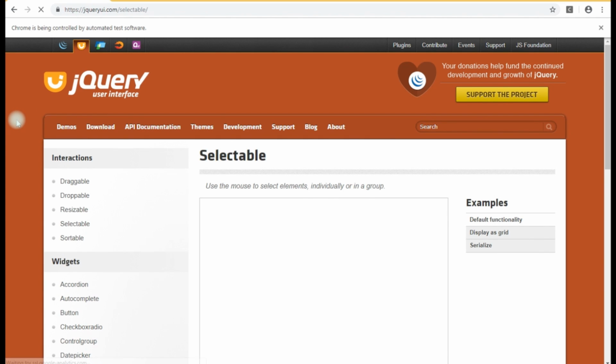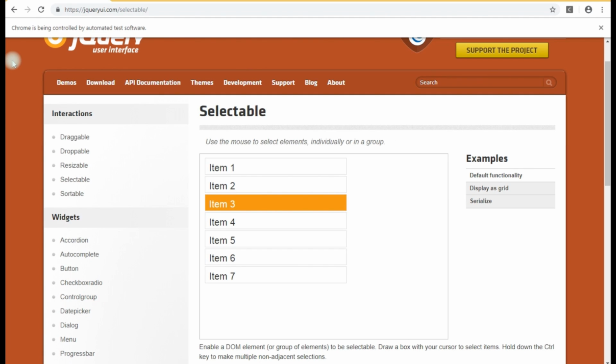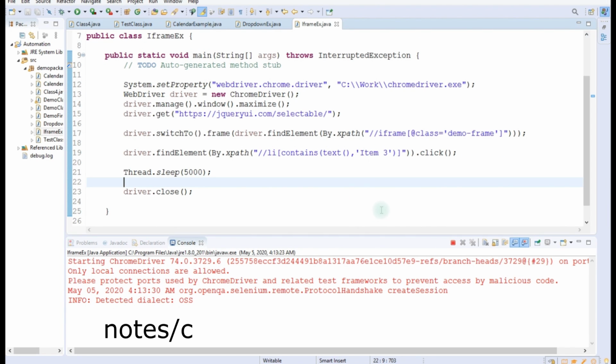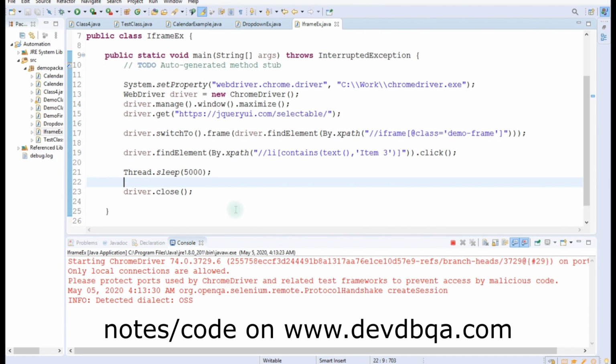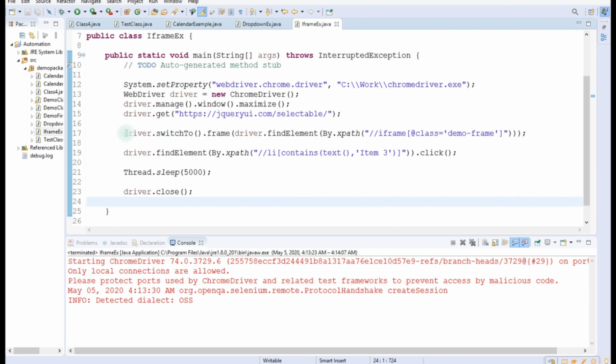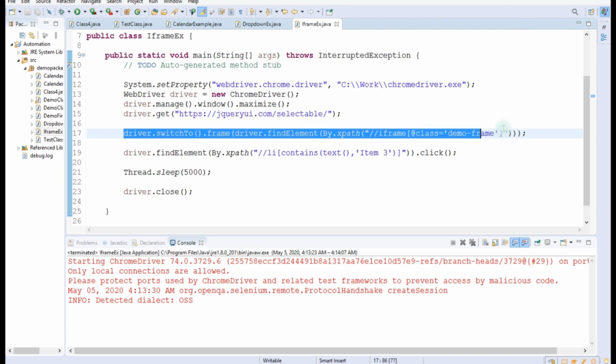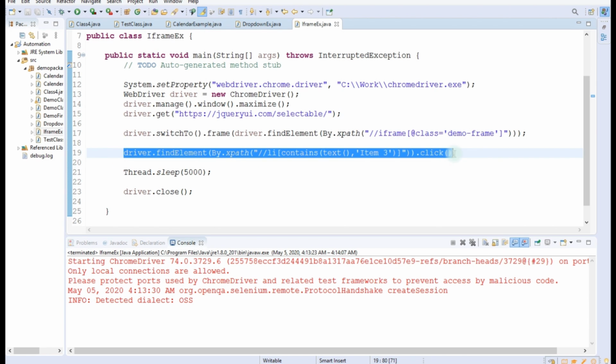Once it is loaded, the element should be clicked. So now as you can see, the element is selected. Now after 5 seconds, it has closed the browser. So using this function, we can switch to that frame, and after the switching, we can perform our desired operations.